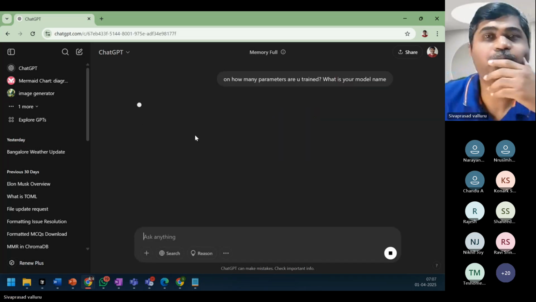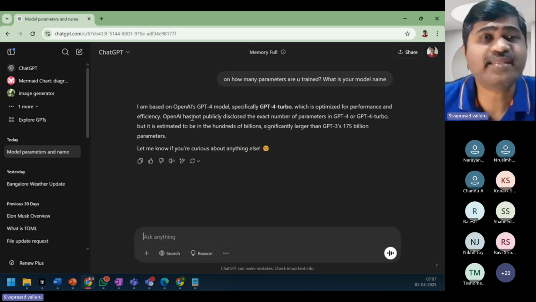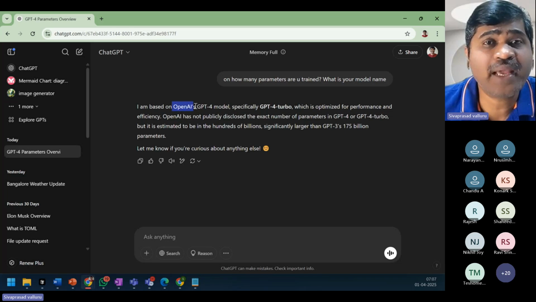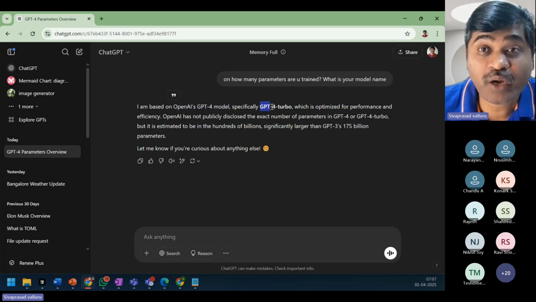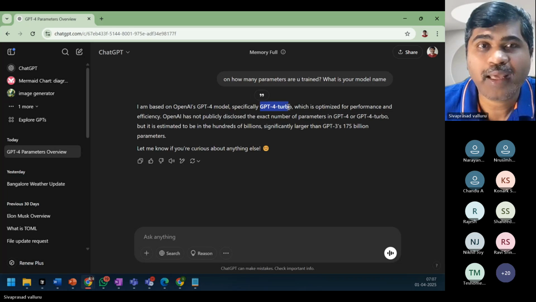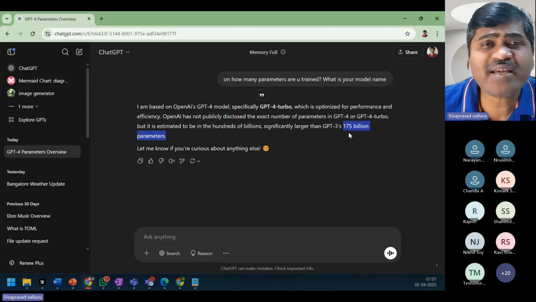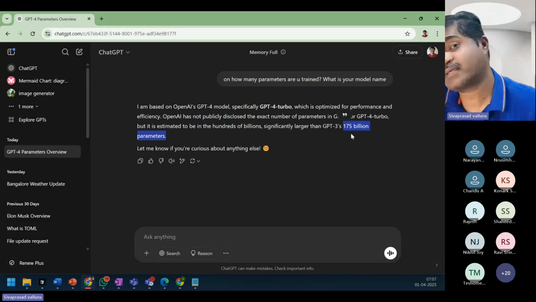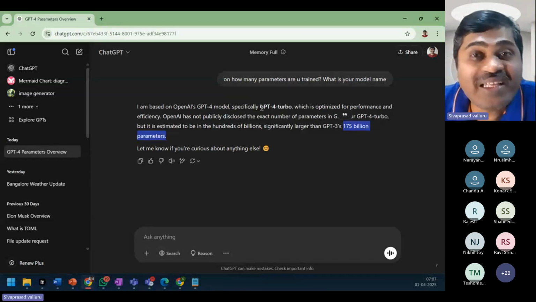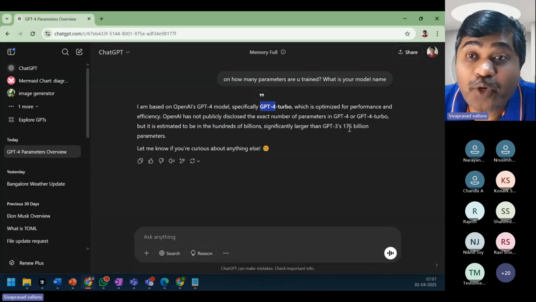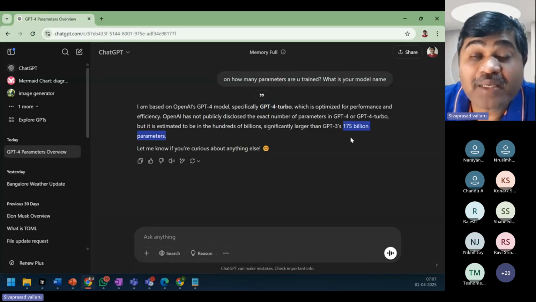Let us see. It is saying I am based on OpenAI's GPT-4 model, specifically GPT-4 Turbo. And how many parameters is it saying? 175 billion parameters. So when training GPT-4, it has to compute 175 billion parameters.